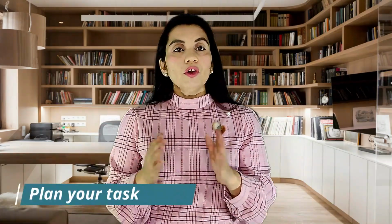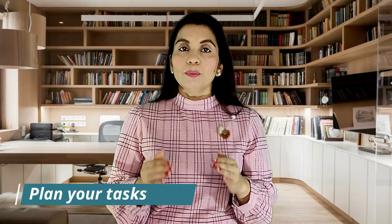So proper understanding of the question is very, very important before giving an answer. And the third important step is that the student should take out some time before writing for the planning. So proper planning of task 1 as well as task 2 is very, very important. So for the task 1, the student should take out 3 to 5 minutes, and for the task 2, approximately 5 to 7 minutes for the planning of the task. If the student has planned the tasks properly beforehand, then it will be really easy for you to formulate the